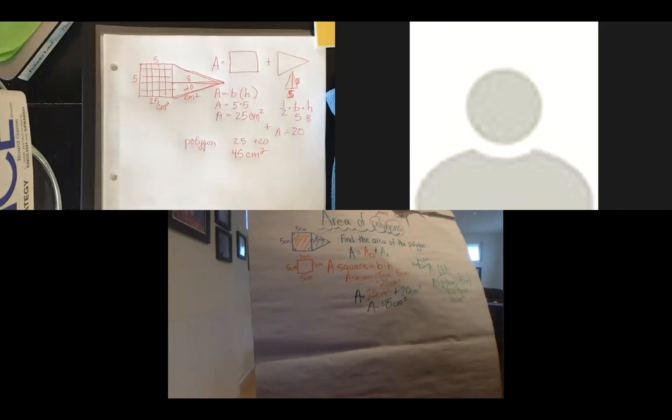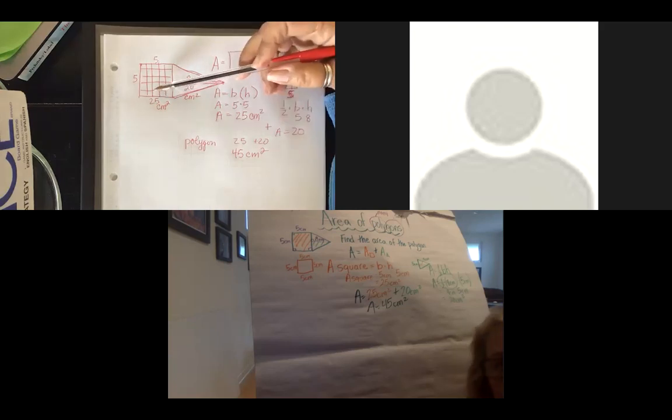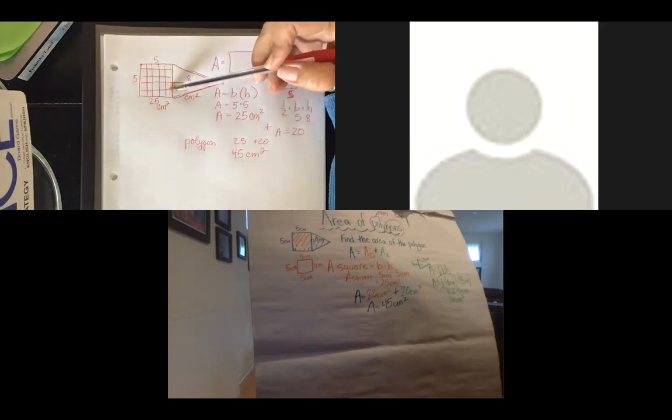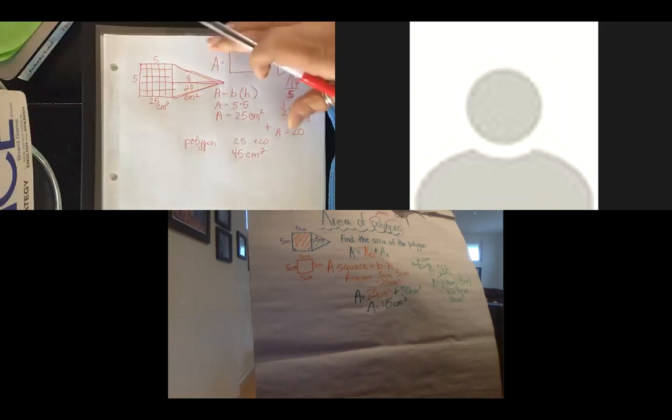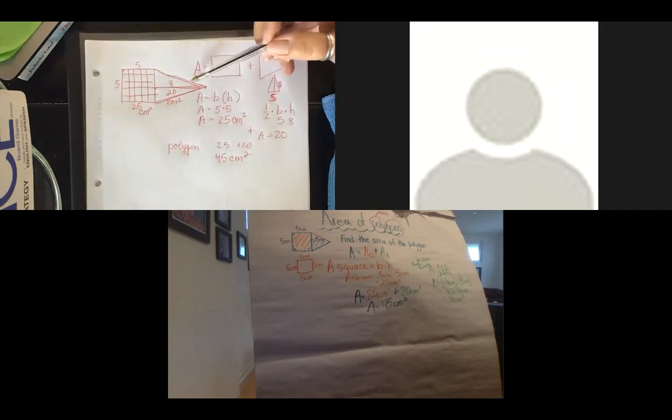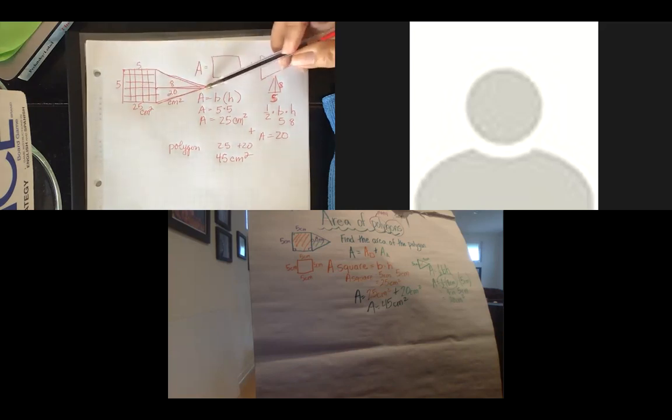Okay, so I drew it. I did the same thing, right? And I have my square, which shows my area. And I have my triangle, which you did too. And so I drew my pictures. And I have that the area of my square plus the area of my triangle will equal the total polygon. So I did the first step. Then my second step is